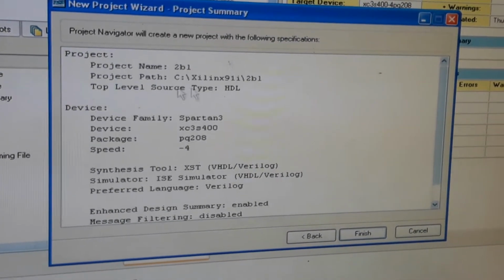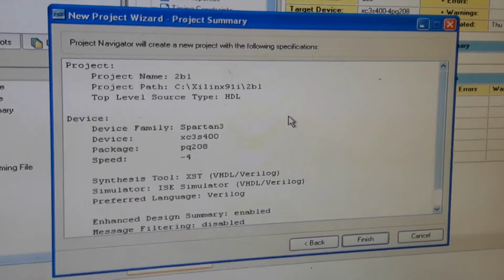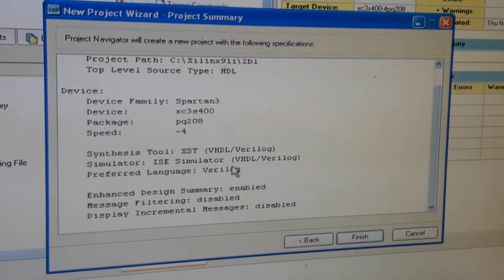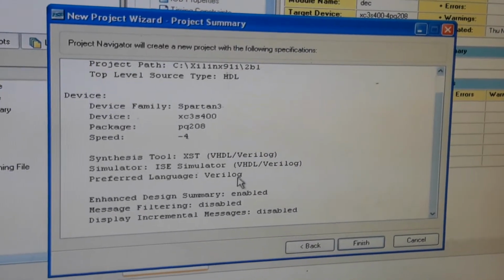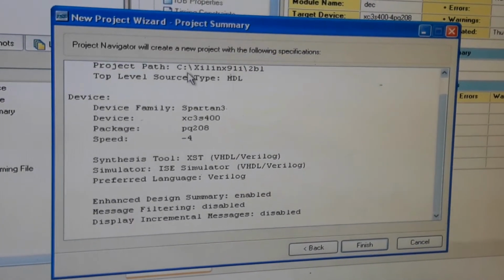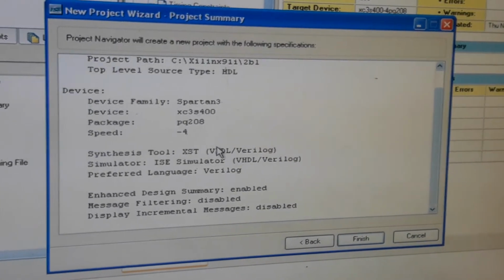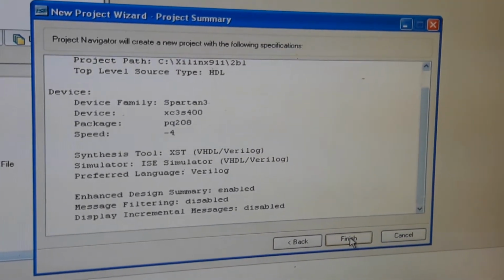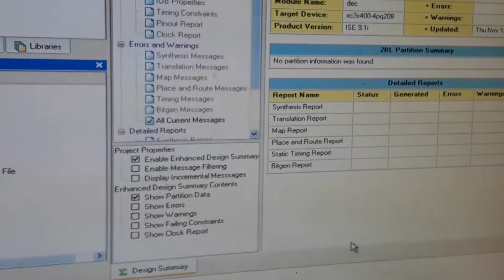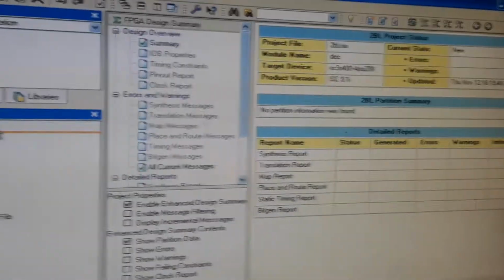The top level source type, the simulator tool and the preferred language we have set are also displayed. Everything we did up to now is summarized here. You can check it, and if it is correct, go for Finish. Yes, the 2BL name is displayed here.